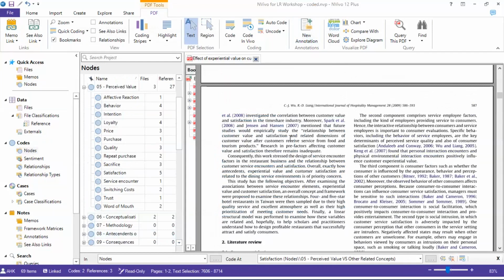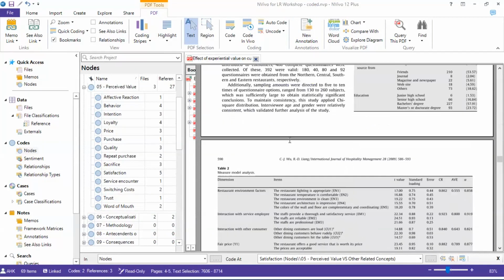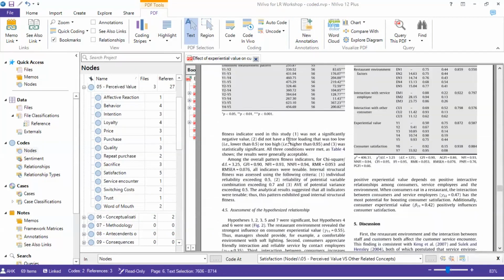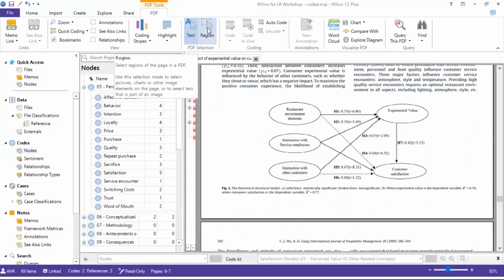Right? Kemudian, alright, I will show you another thing that you can do in NVivo. Let's say katakan you nak code, okay, ini adalah findings for this paper, right? It is in a form of diagram. Okay, so you nak copy this diagram, nak code this diagram, right? So kalau you tengok, you tak boleh nak highlight the diagram because by default NVivo only allow you to highlight only text. So for diagram, you have to use this option called region,